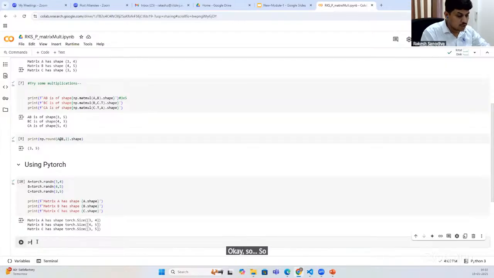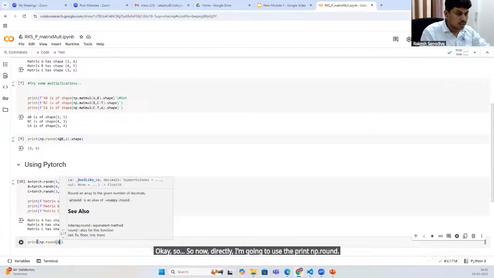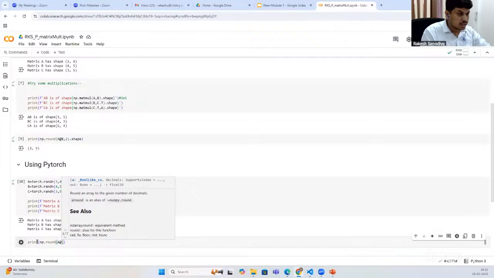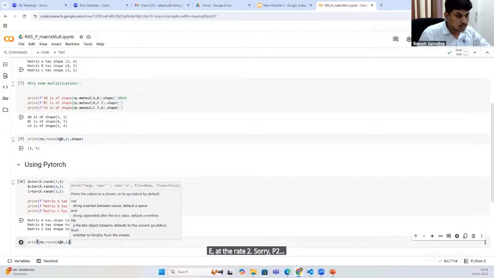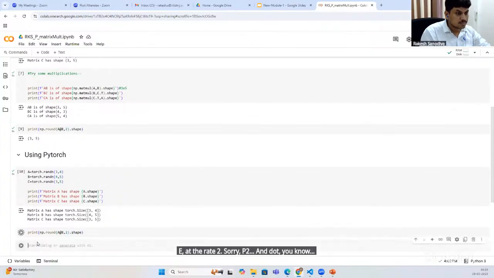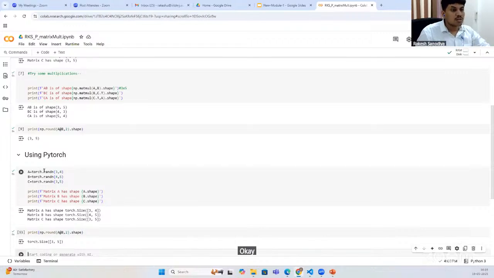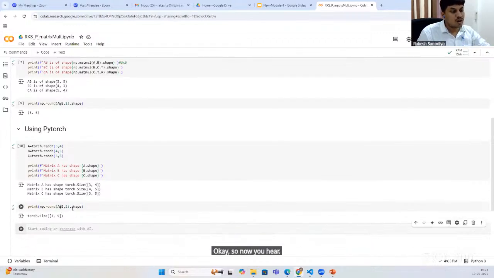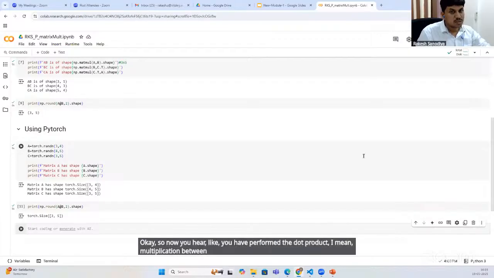Now directly I am going to use print(np.round(A @ B, 2)). Okay, so here you have performed the dot product multiplication between A and B. Similarly,